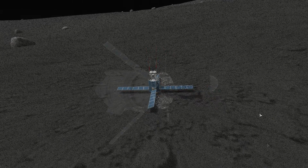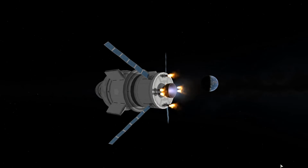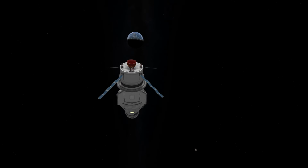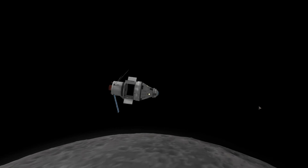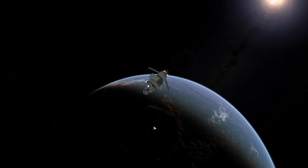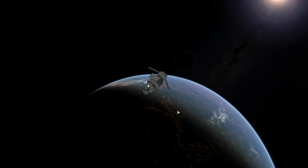However, we still have the actual Orion spacecraft in orbit around the moon. Now we are going to go back home, back to Kerbin, and we will do a return or actual escape burn from the moon back towards the sphere of influence of Kerbin and do a deorbit burn there. Pretty much the same thing as Orion will be doing quite soon, depending on whenever you're watching this video, or already did. Going back to Earth, going through the atmosphere,